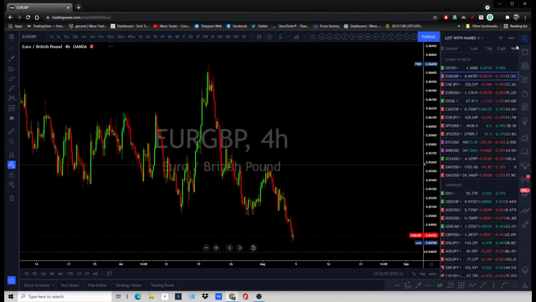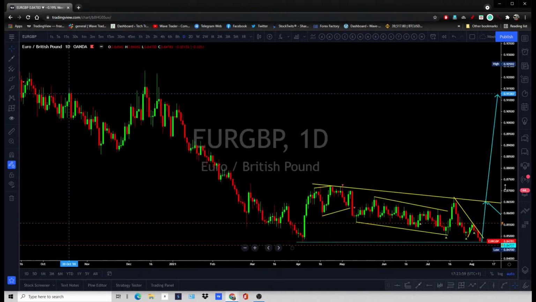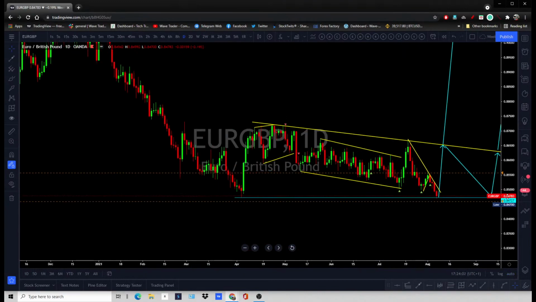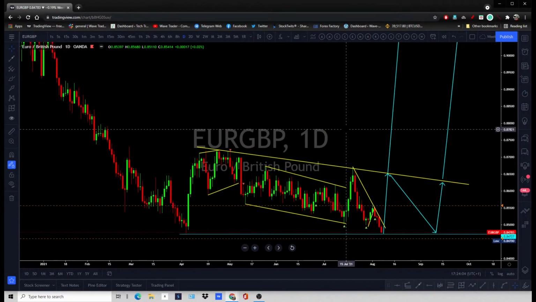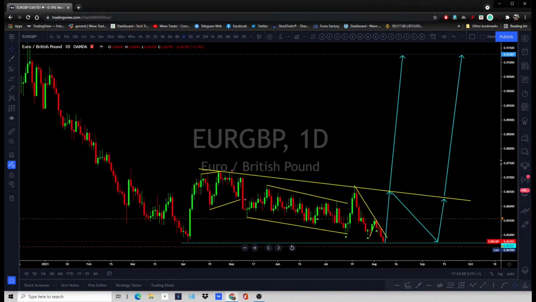Euro pound is also going to be a good chart to watch. Price is still struggling to go higher. As I have shown you, the pound pair is set to drop. We're going to see weakness on the pound against the dollar next week. Then obviously you're going to see a bounce on this pair, and euro dollar is going to find its bottom there and go higher, and this pair is also going to jump for more upside.